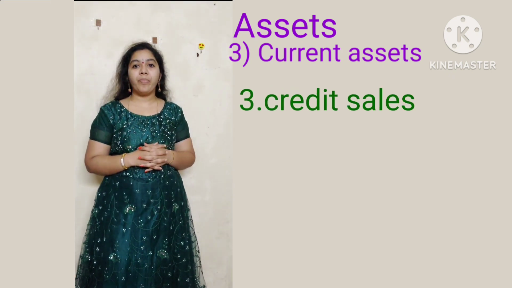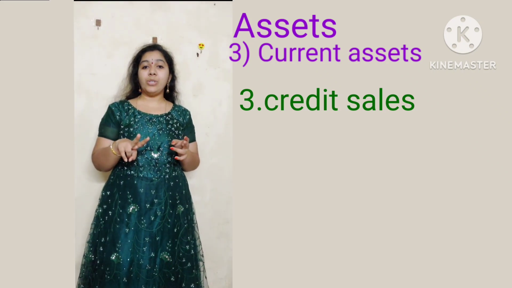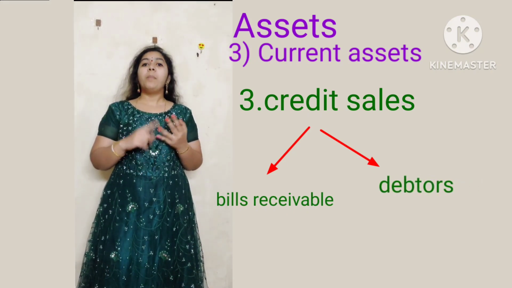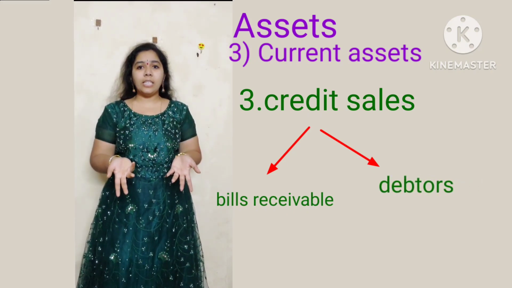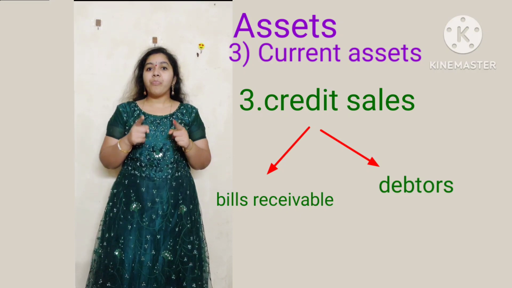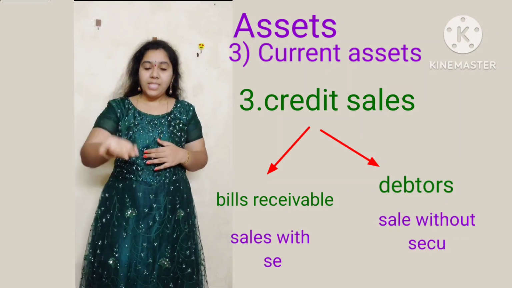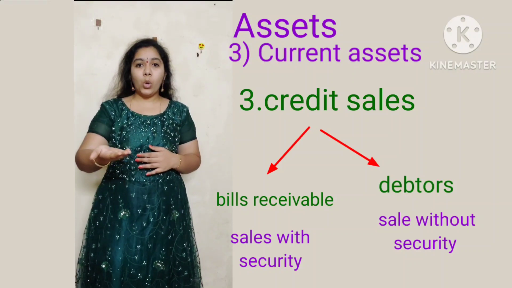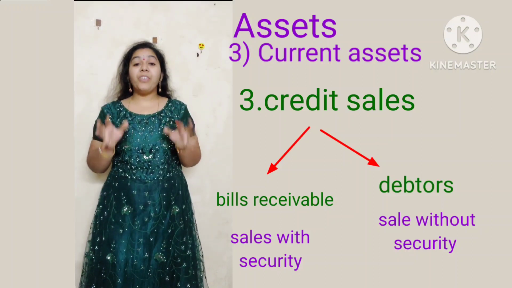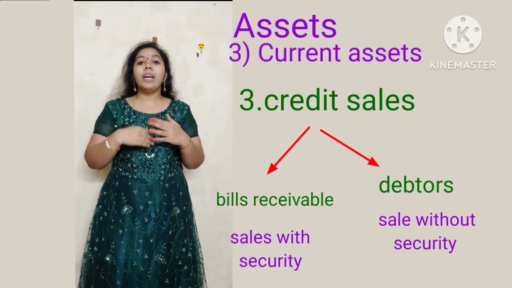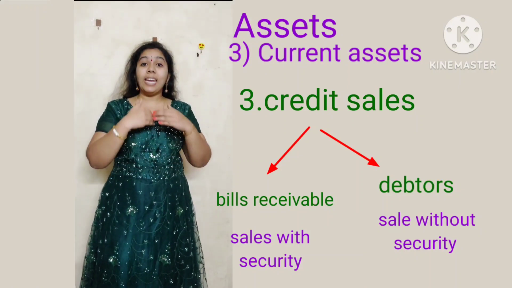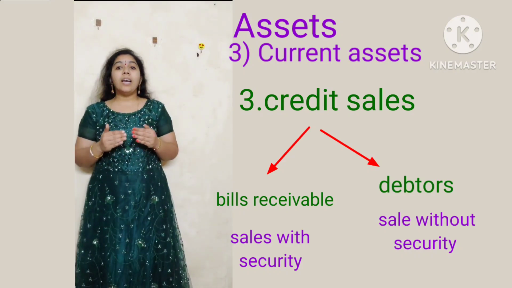credit sales. Credit sales again are divided into two categories: bills receivable and debtors. Bills receivable and debtors, both are credit sales only. But what is the difference? The difference is, in debtors, we sell the goods without any bill, without any security. We are selling our product without any